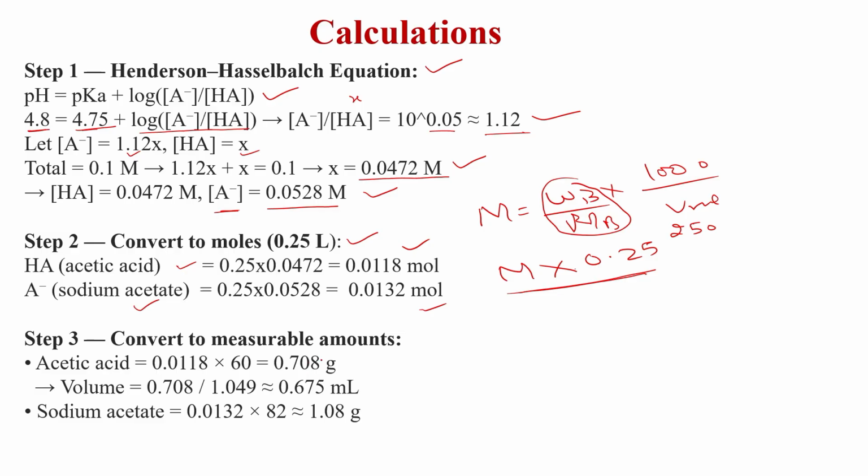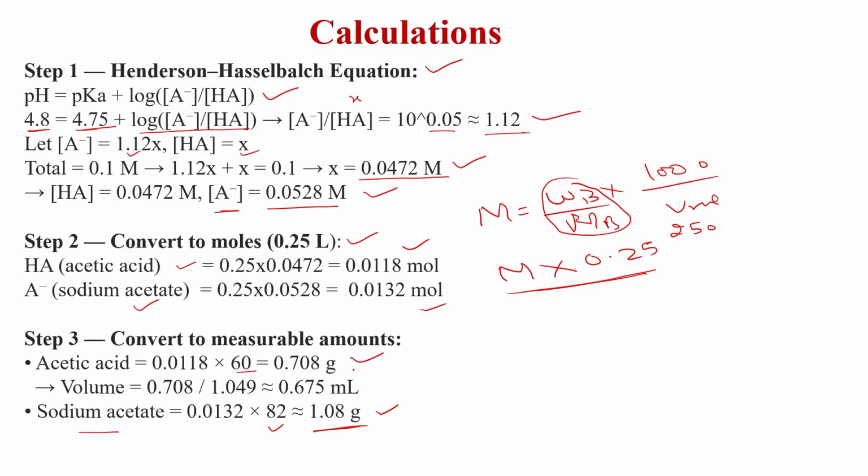Now we have to calculate the actual amount of both, sodium acetate and acetic acid, to be taken. Since acetic acid is a liquid, we have to calculate its volume, and sodium acetate is a solid, so we will calculate in gram. For sodium acetate, 0.0132 mole into its molecular weight, 82, comes to around 1.08 gram, so we have to take 1.08 gram of sodium acetate. Now for acetic acid, the molecular weight is 60, so multiplying by the number of moles we have obtained, 0.0118, is equal to